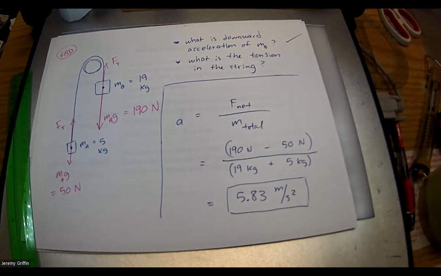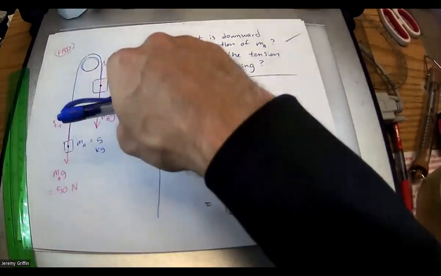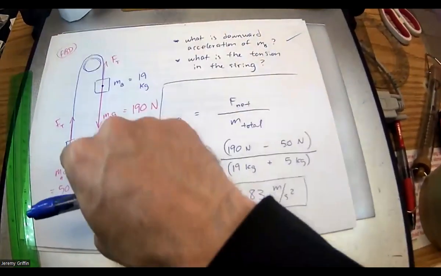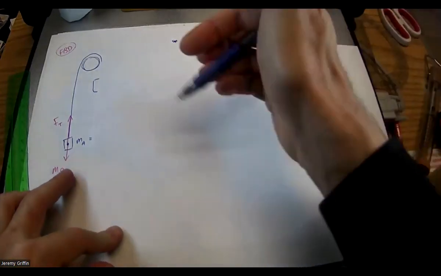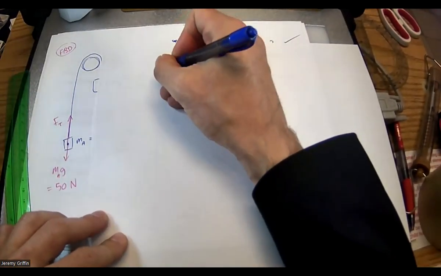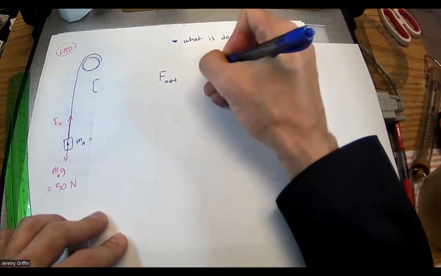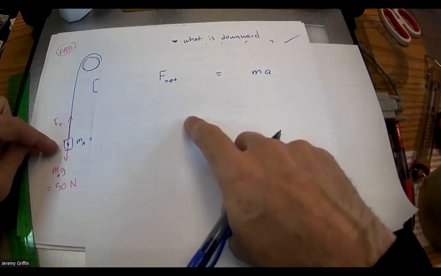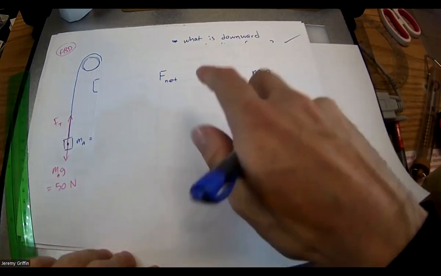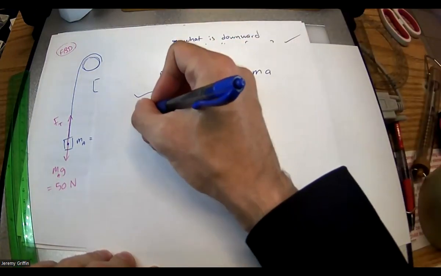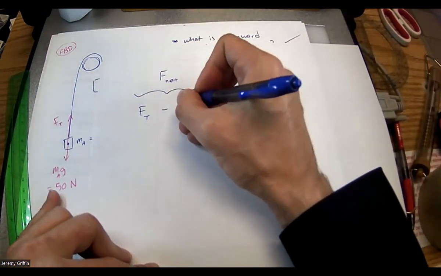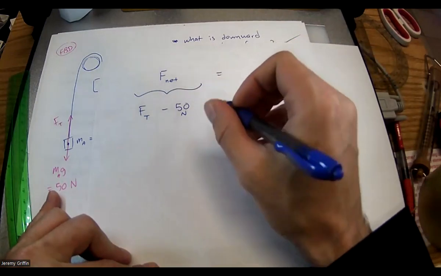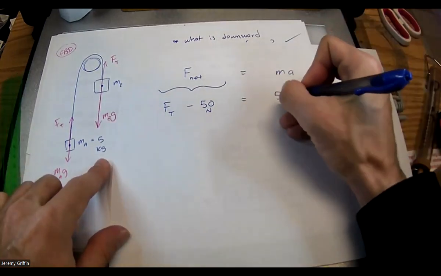So to do that, now I have to just focus on one of those blocks. Well, let's focus on the little guy. Why not? Just eeny, meeny, miny, moe, coin flip. Let's do this guy right here. I could set up F net equals mass times acceleration just for that single block, right? And what is the net force? Isn't it the tension up minus the weight down? You guys see that? So this net force is the tension force up minus 50 newtons down. Isn't that true? Okay. That's equal to a 5 kilogram block